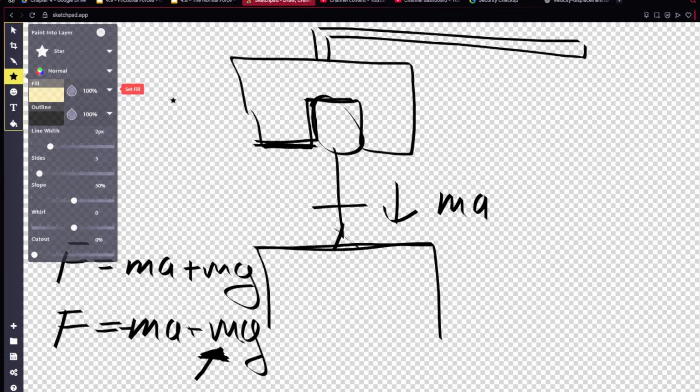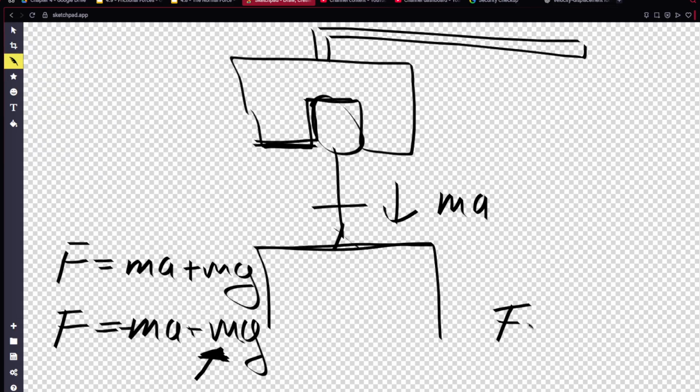And force minus mass times acceleration, or force plus mass times acceleration, will equal the mass times gravity, because the net force, or the normal force, will be how much force we're exerting on this object. So that plus this mass times acceleration would equal mass times gravity, because